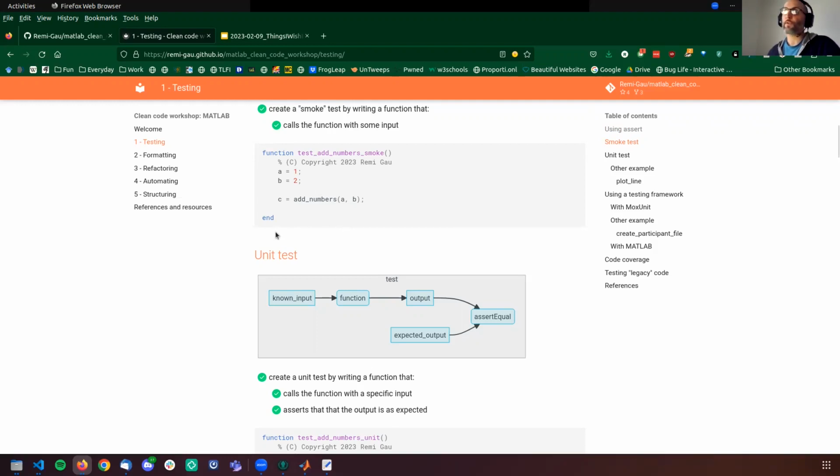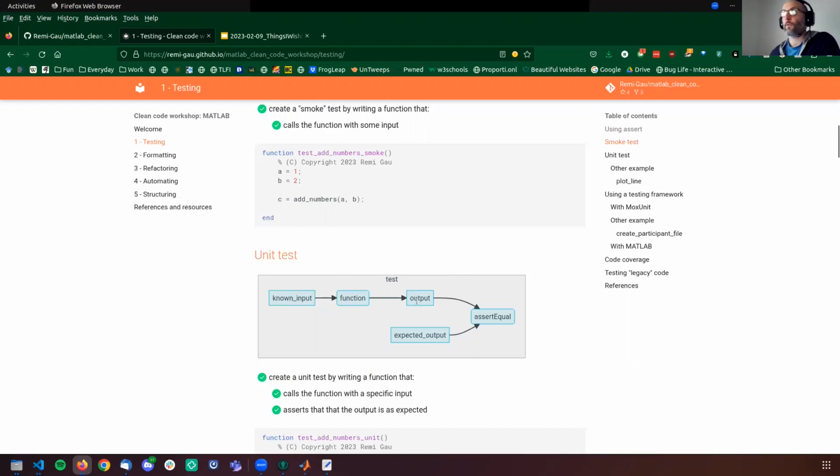So now we move on to unit tests. Unit tests are a bit more constrained than smoke tests. Smoke tests just make sure that the code runs at all. Unit tests have an extra little thing on top of that. You pass to your function some known input, and the function returns some output.